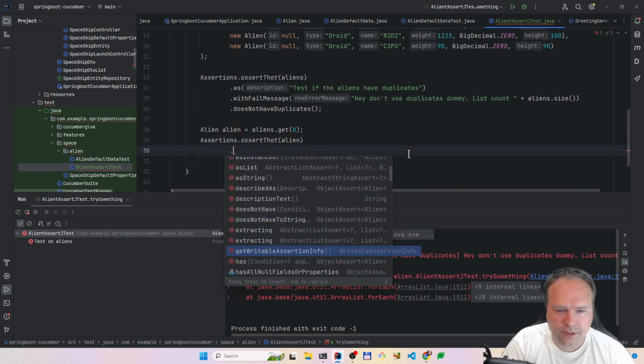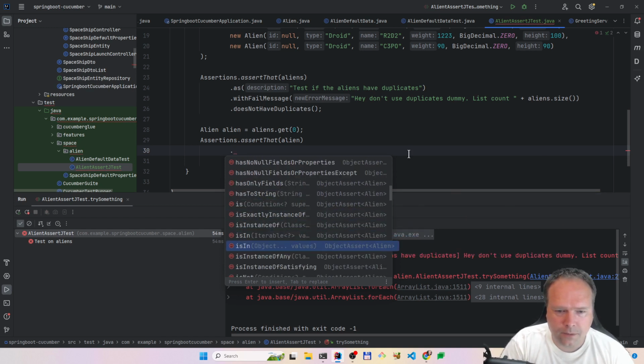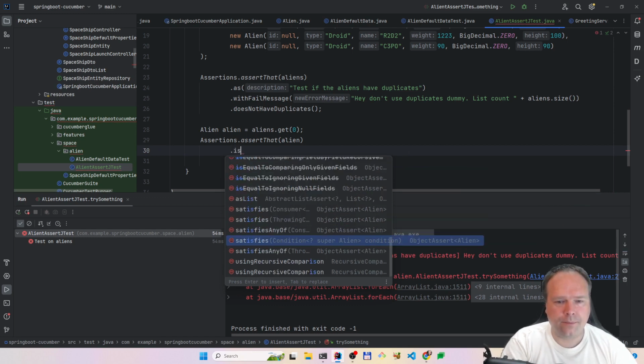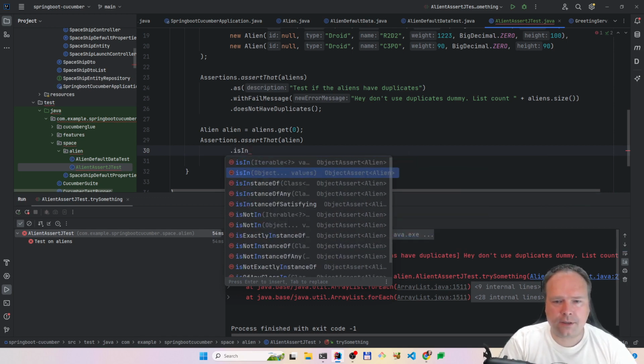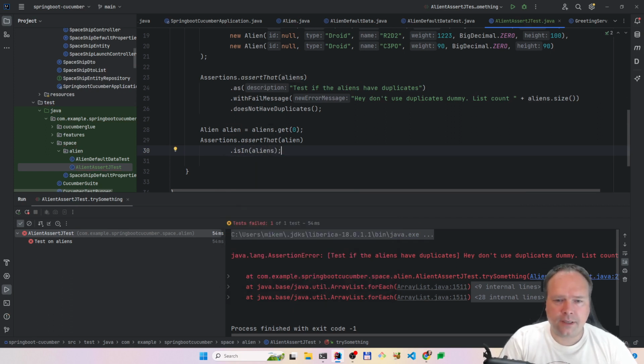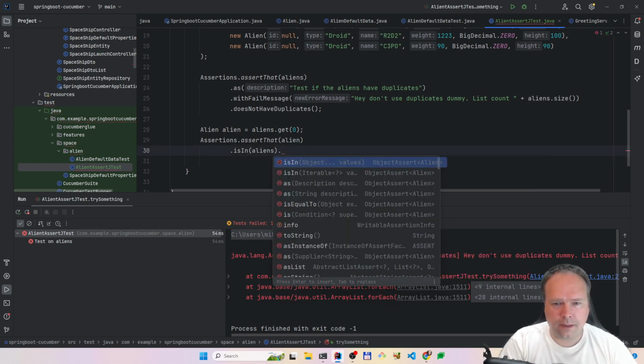But we could also say something else. We could also say is in. We assert that this is in the aliens list. So we assert that the first one is in there, and we can also do more assertions, right? So we assert something on the alien, and we don't have to use multiple assertions. We can go through the same assertion, and then we can say,